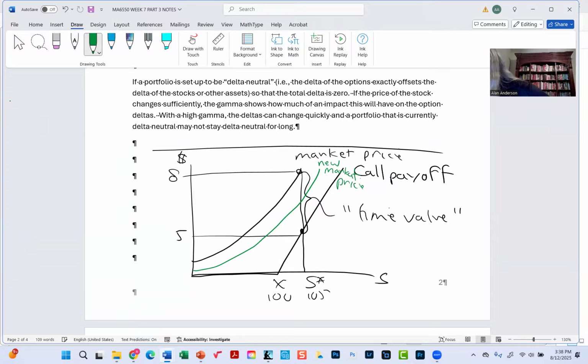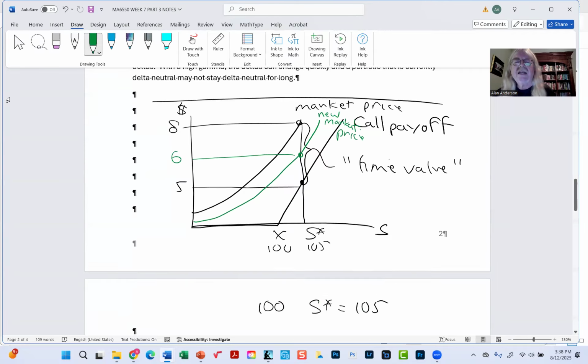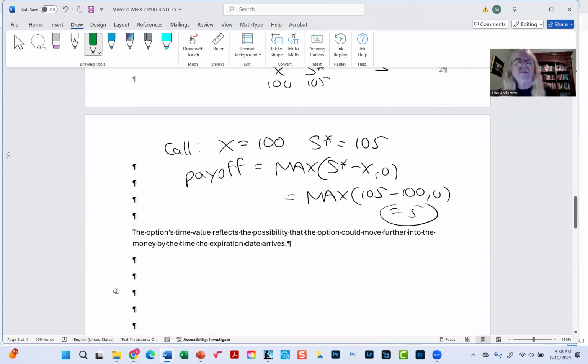Well, if you notice, all of a sudden, options selling for $6. And so what you're seeing here is that after time elapsed, in this example at least that I just made up, time value has declined from $3